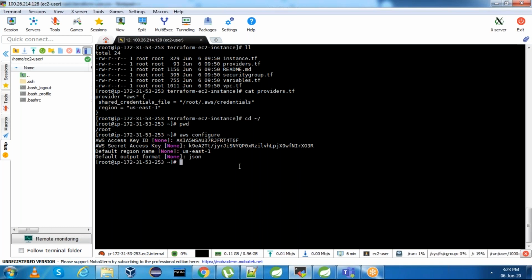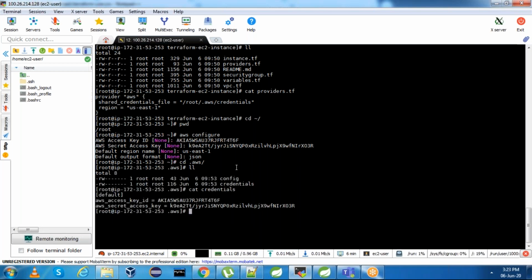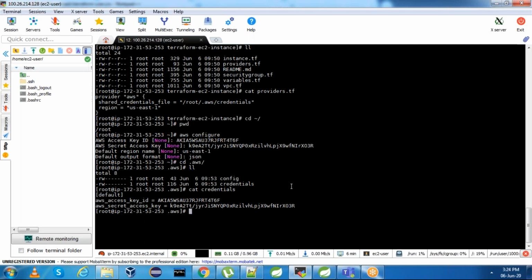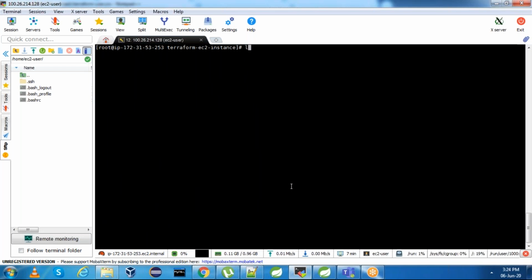AWS configure is done. If you want to see this, you can go into cd .aws and you can see the credentials file. See, access key ID, AWS secret access key. This is called the shared credentials file with respect to Terraform. Now go back to the AWS automation repo and go to Terraform EC2 instance.